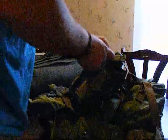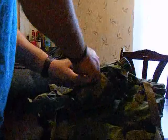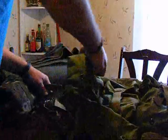Get that back in there. Trying to keep this kit as together as I can so that, if the kid calls me and says, hey, I'm on my way, I don't have to pack everything back in for them. Do that later. Inside,